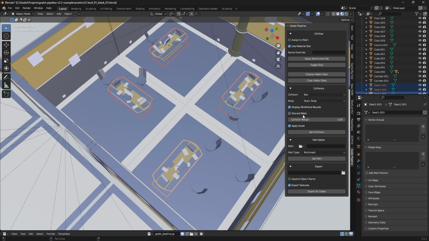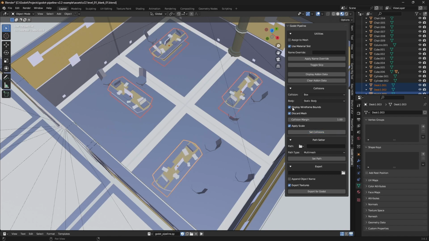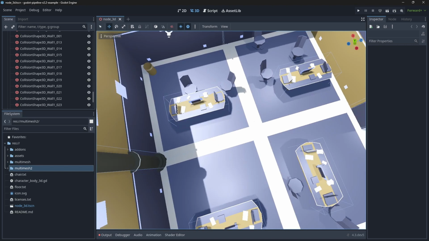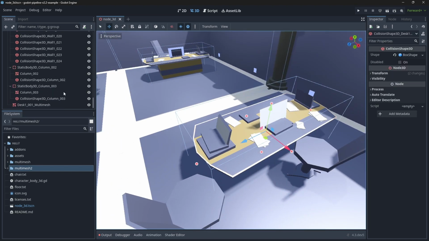But this time we're going to want to discard the mesh because the multi-mesh is going to be handling drawing it basically. And this is going to be responsible for the physics stuff. So let's go ahead and set collisions. Actually, I'm going to take a step back. I don't want to display wireframe bounds in this case. So we have discard and apply on. And then after importing, you see we get the collision shapes on those 4, even though they're being rendered with